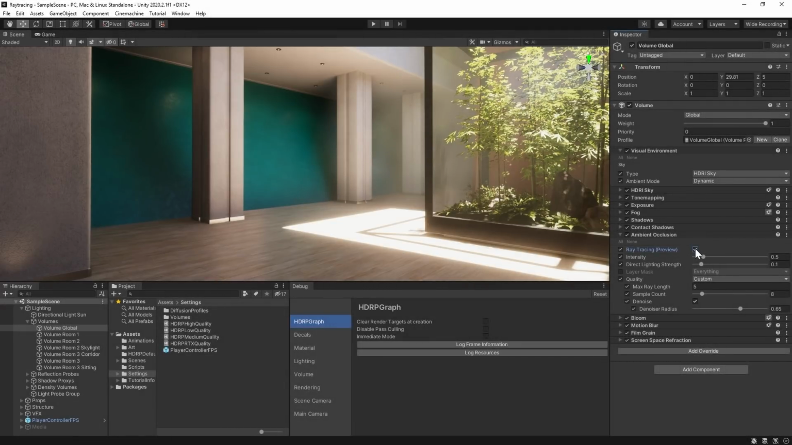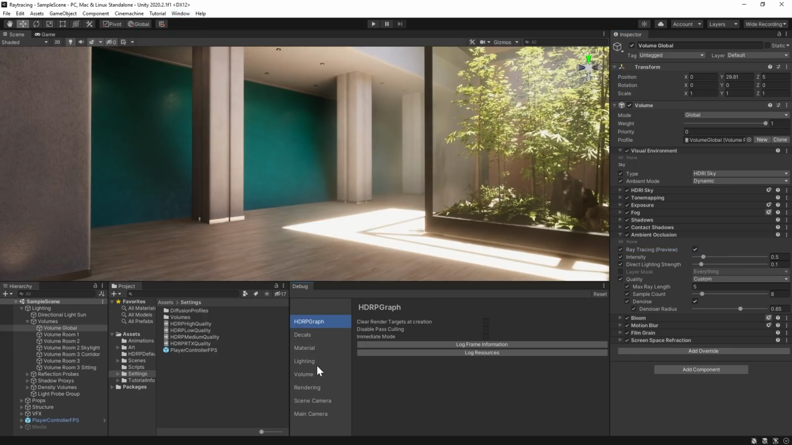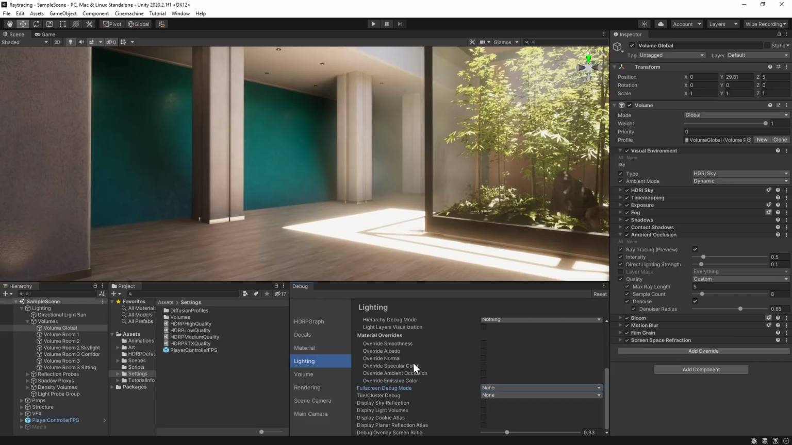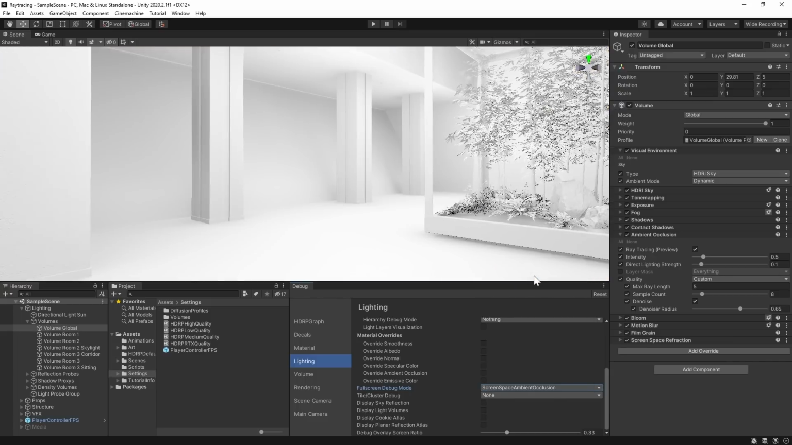Usually, AO is a fairly subtle effect, so to showcase it more easily, I'll enable the screen space AO debug view. Head to Window, Run a Pipeline, and then open the debug window. In the Lighting tab, you'll now activate the full screen debug view for this effect. If you notice some jittering in these debug views, this is perfectly normal, as the temporal anti-aliasing is not applied